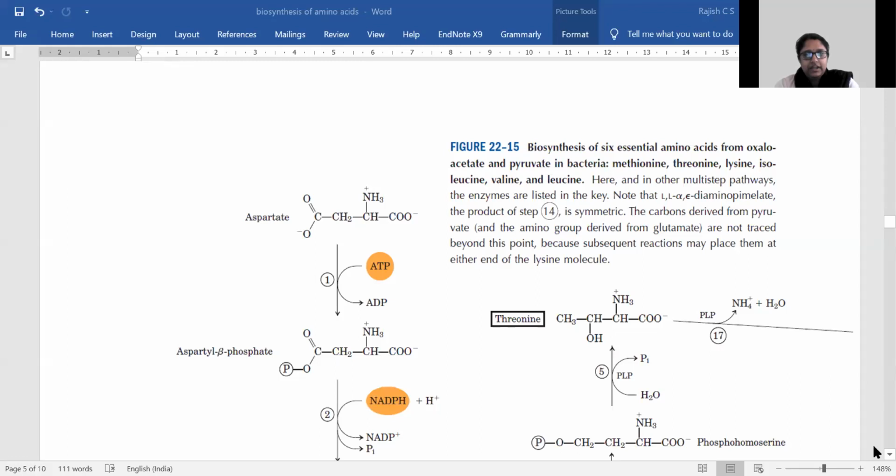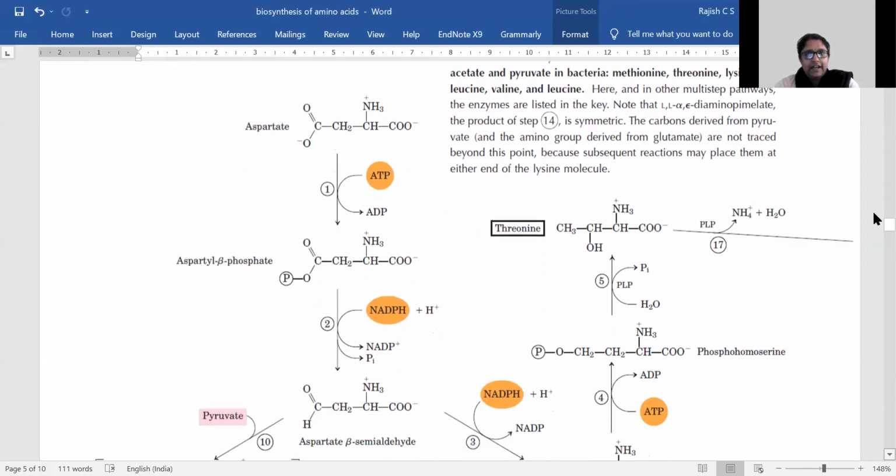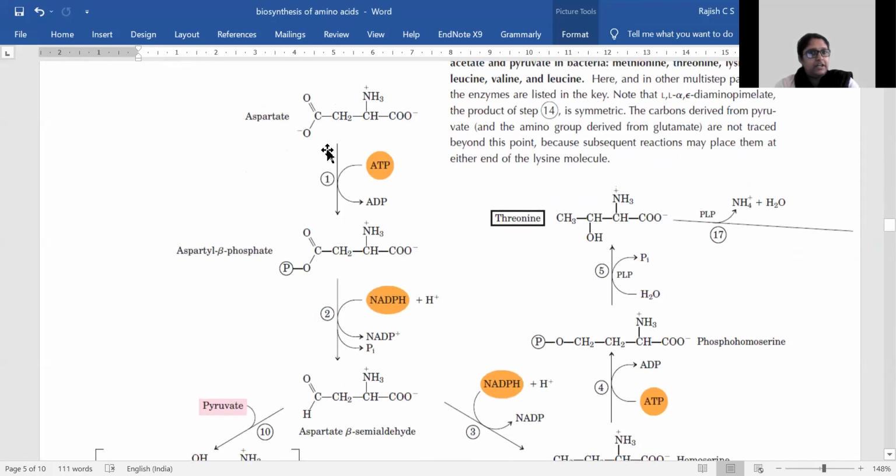I will share the biosynthesis of lysine. So this first part is the biosynthesis of lysine. It starts with aspartate,